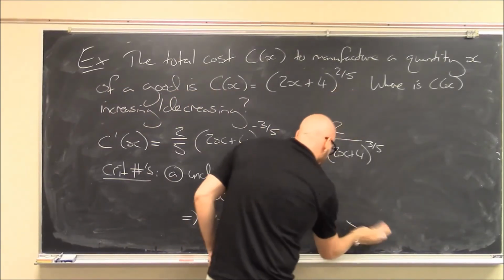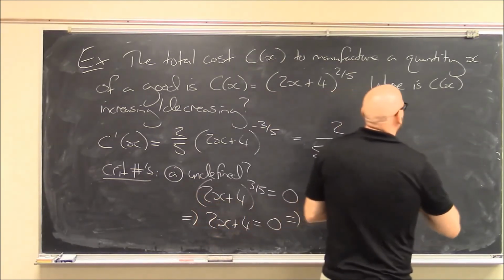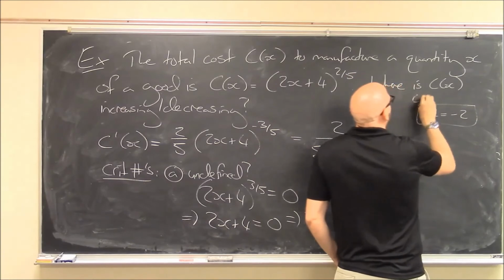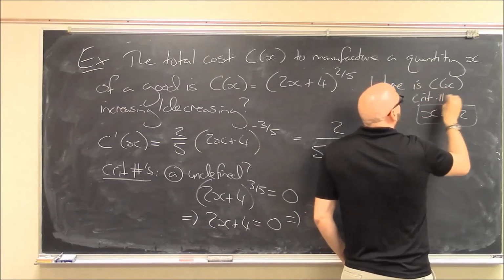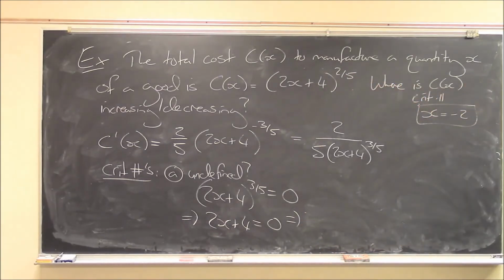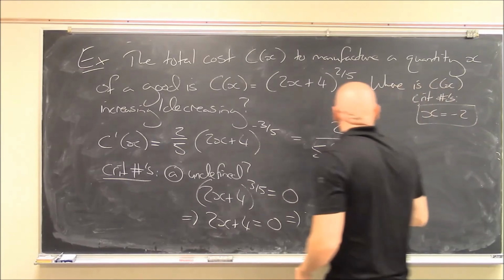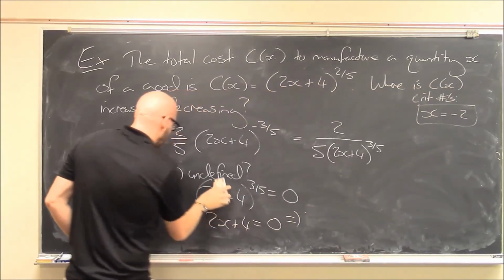How about we keep track of this on the side because we're running out of space. Critical numbers. Lost my chalk here. Critical numbers. Okay. x equals minus 2. And b